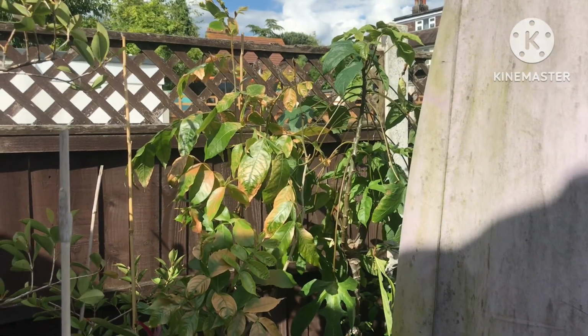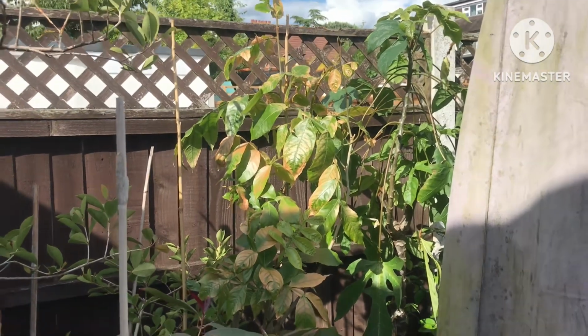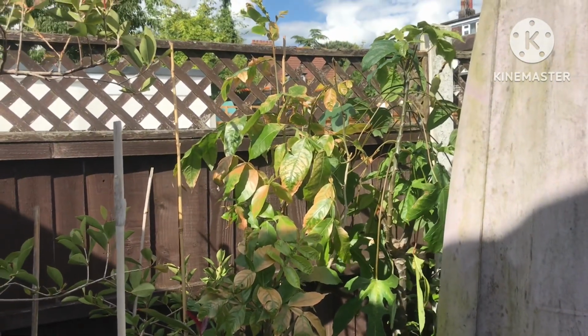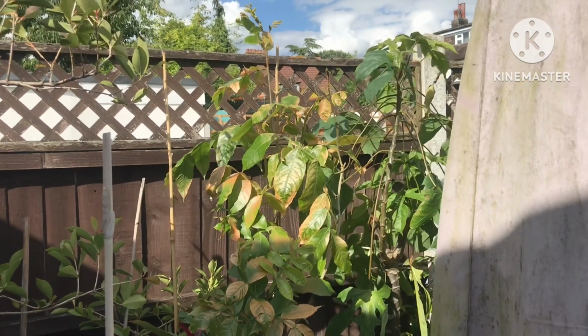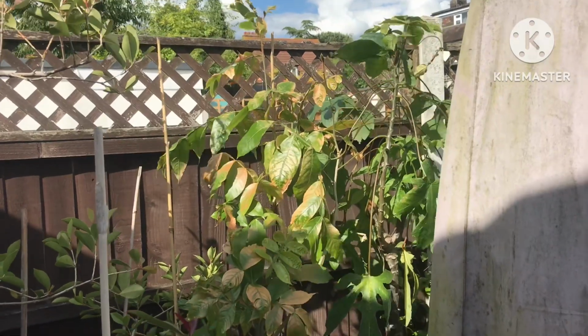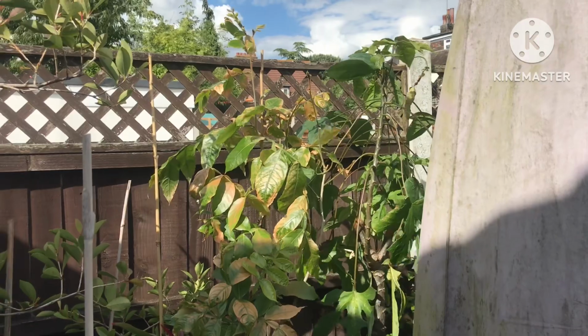my ice cream bean there, you would be tempted to think that's sun scorch, which I might have got a little bit of when I first put it out, because it was being grown in a very low light part of the kitchen. But I also think the damage has been caused by cold windburn, because the plant was inside, obviously with